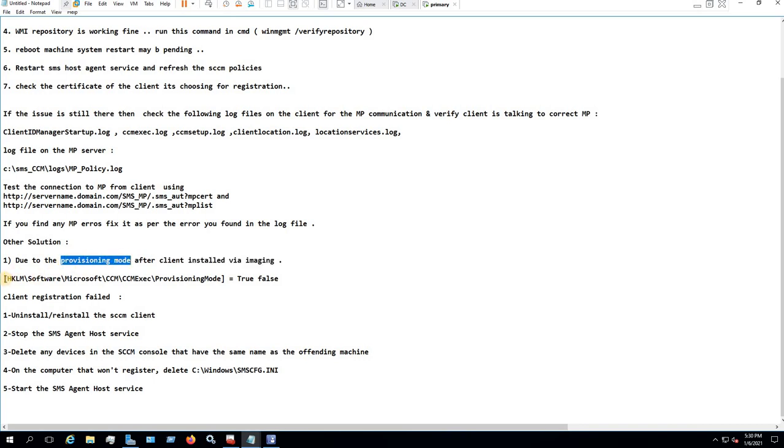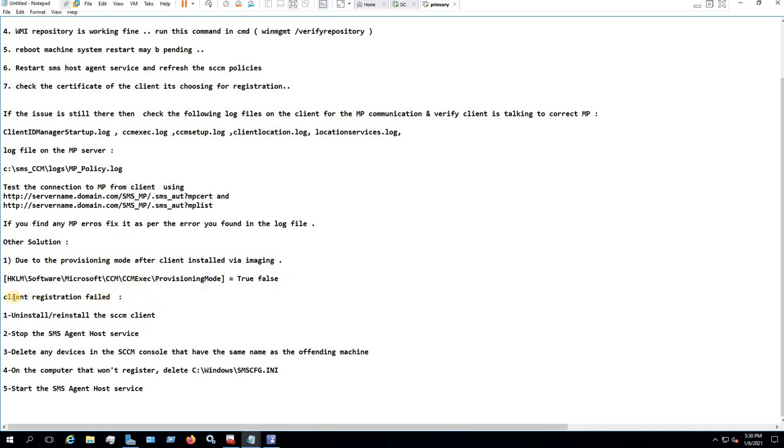You can check this in the registry, under HKLM Software Microsoft CCM, and there you will find the value true if the client is in provisioning mode. So you have to change it to false, and then simply restart the SMS Agent Host service and refresh the SCCM policies.